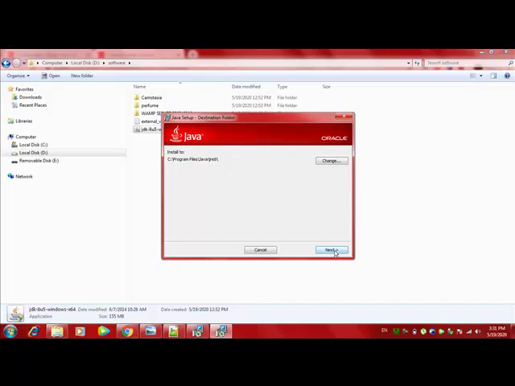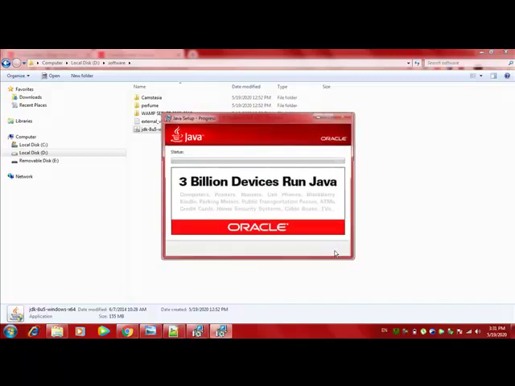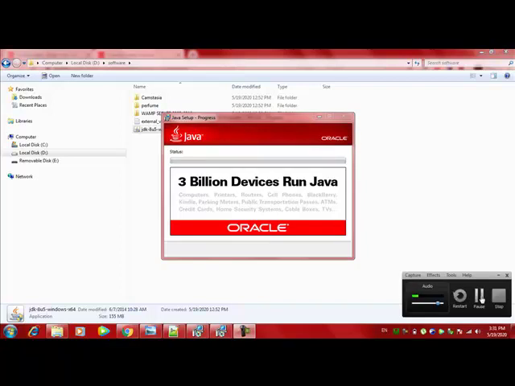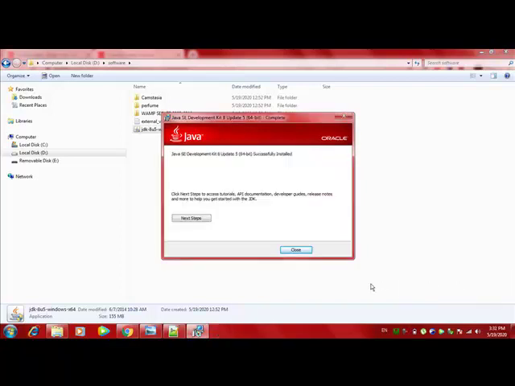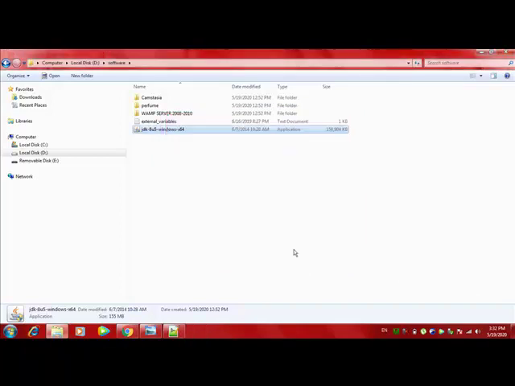Install the JRE files. Yes, next. Now your Java is installing, and now successfully installed. Close. So once Java is installed, then we have to set few environment variables.